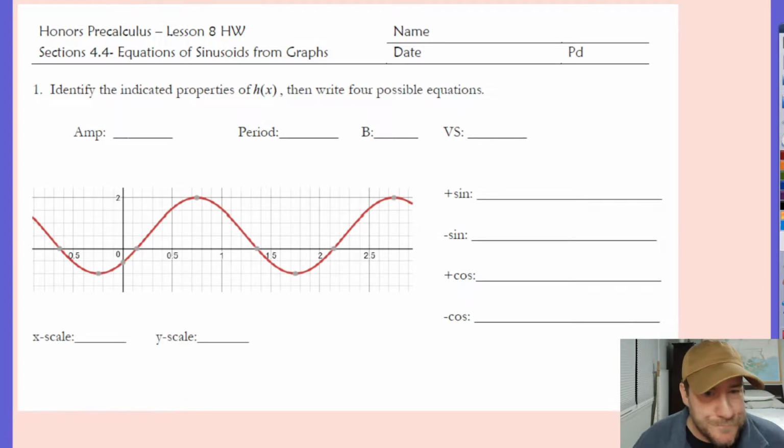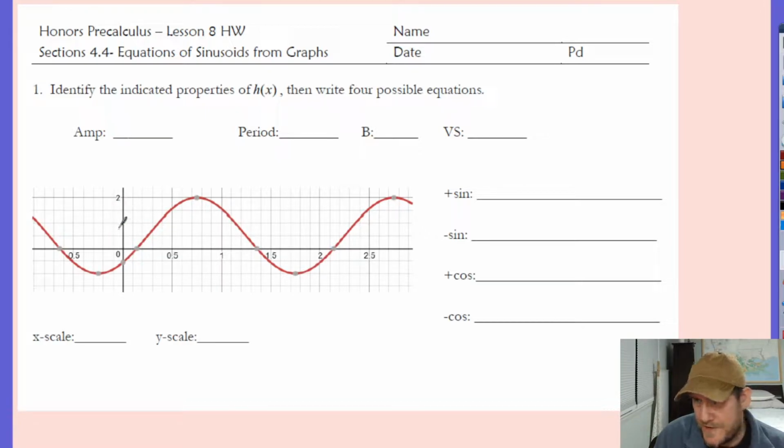Hey class, let's do the lesson 8 homework, which is the homework where you've got to come up with the equation of the sinusoid given its graph. Let's do it. So first thing I might do here is really look hard at my scale, because a